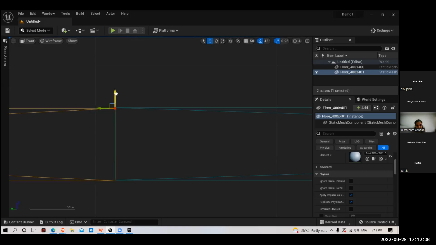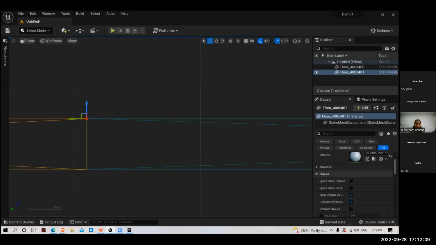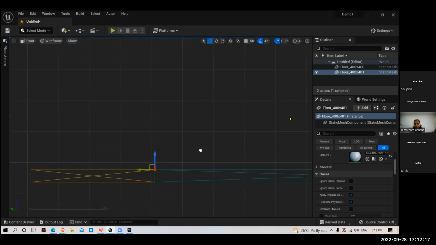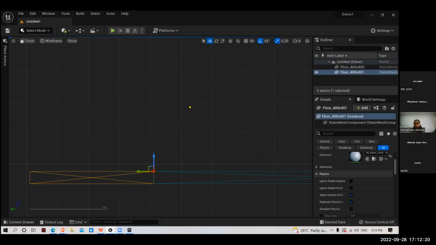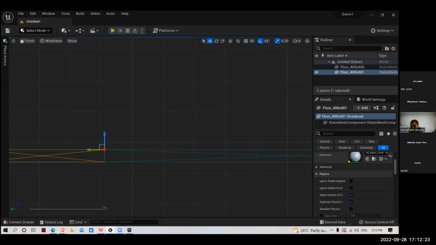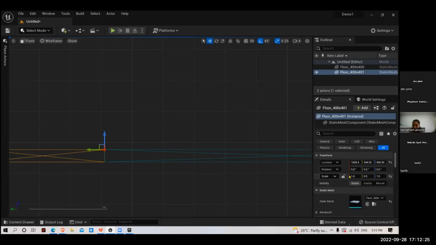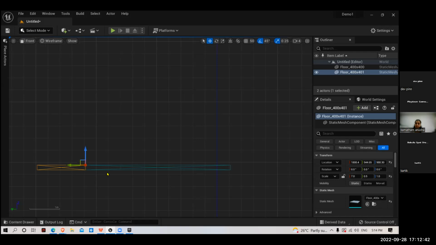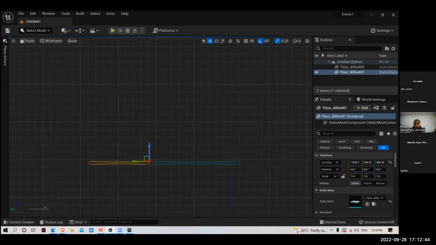Okay. And if you don't want to just scale like this, you can select the particular object, go to the details tab, and here you can see location, rotation, and scale. You can give values over here too. If I scale this,